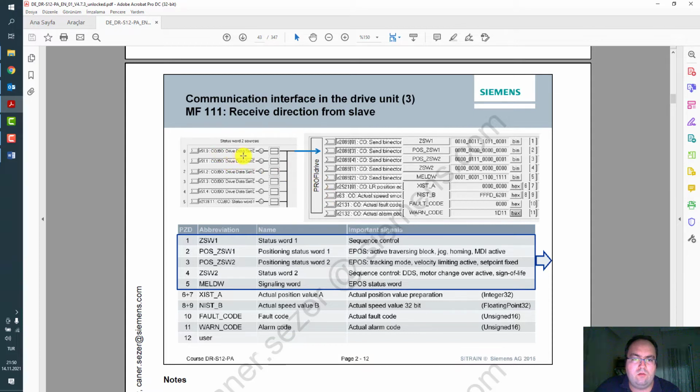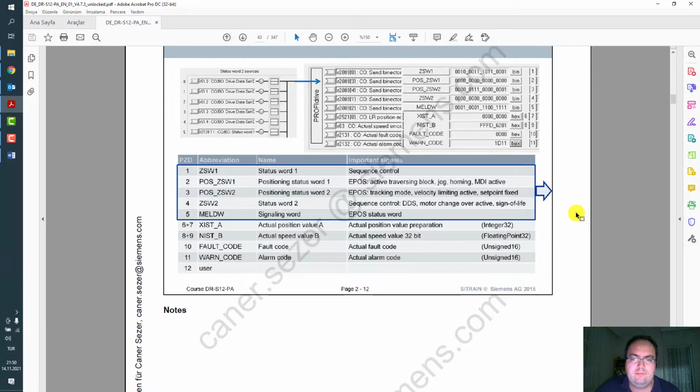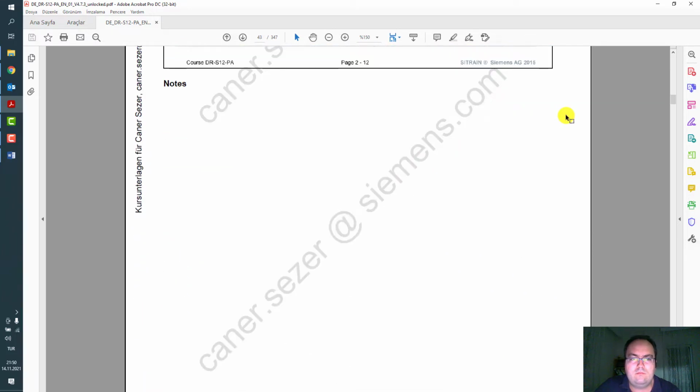If we go into details on the right side for status word 2, there are some bits connected like drive dataset active and so on. When you click this button, for example, a new window opens to see the details. On the right side it's possible to view the current status of this word via binary or decimal. You can click and switch.